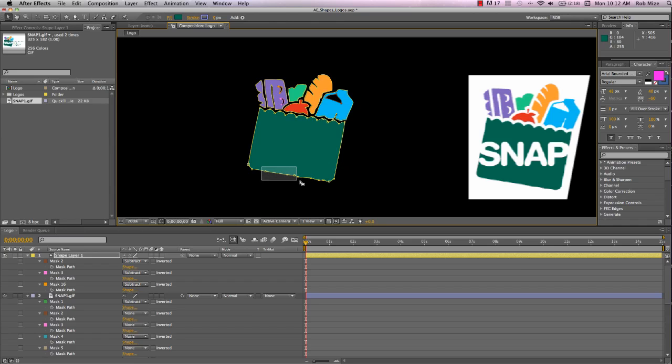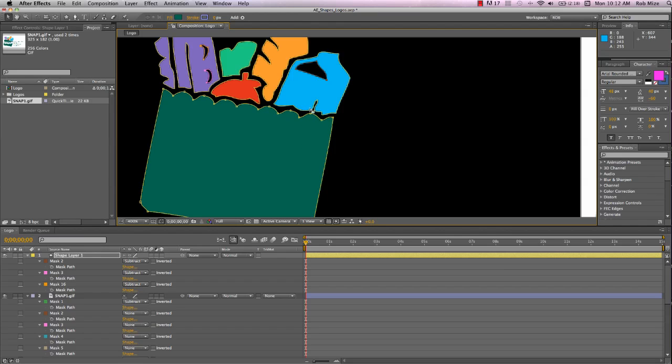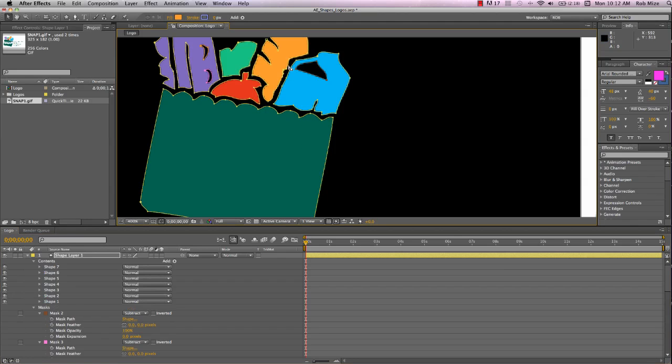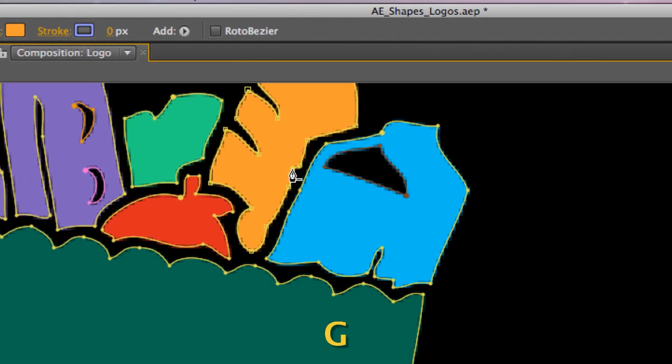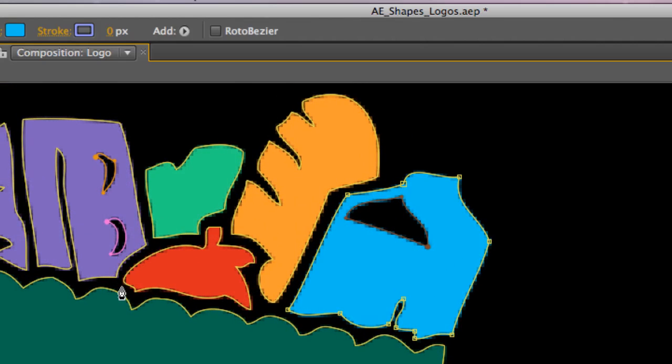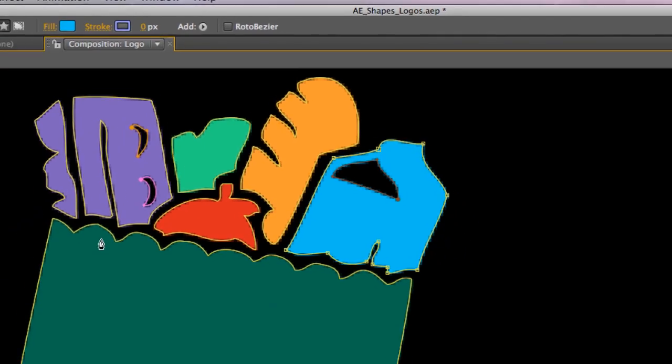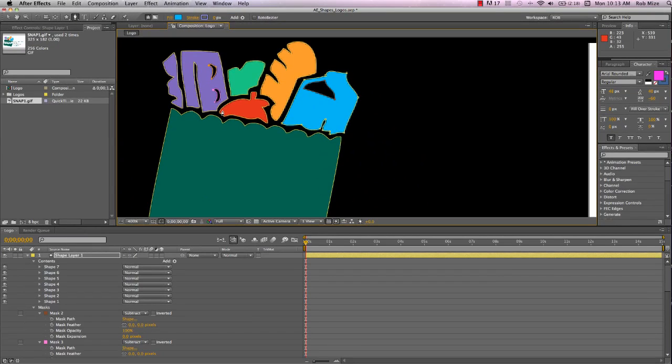I'll remove a few of these additional vertices that I don't think we need. And let's take a look. Take out a few of these extra vertices here. I'll hit G to cycle through my pen tool and just remove those. Maybe a couple of these extra ones on the milk carton. And we could do some more work on this if we're inclined to, but I think just for time's sake,